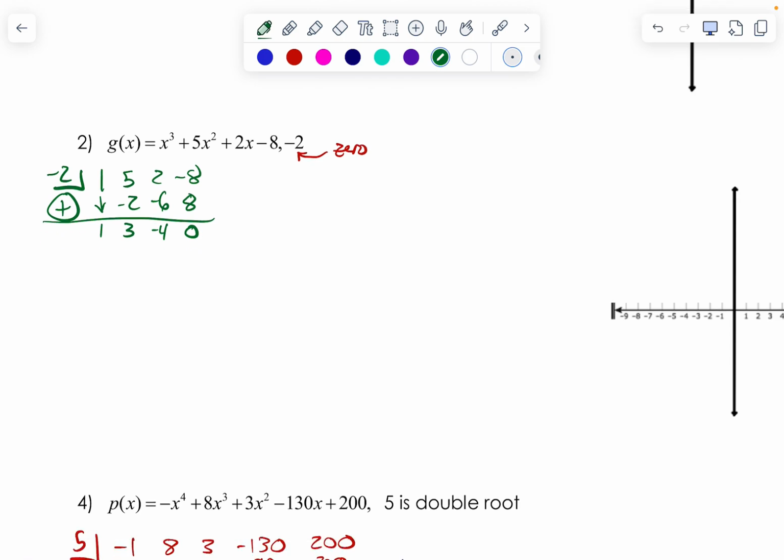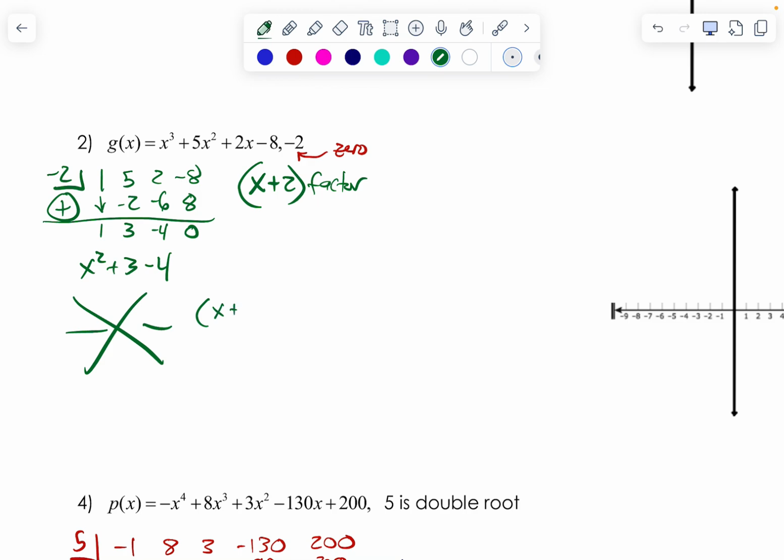Okay, so we have a factor of x plus 2. I want you to write the factors because part of the process will be writing in factored form. So x plus 2 is our factor. Maybe I'll write factor there. All right, that means we're left with a quadratic that looks like that, x squared plus 3x minus 4. And we're going to go factor that star. Just to save time, I'm going to tell you that this factors to x plus 4 and x minus 1,